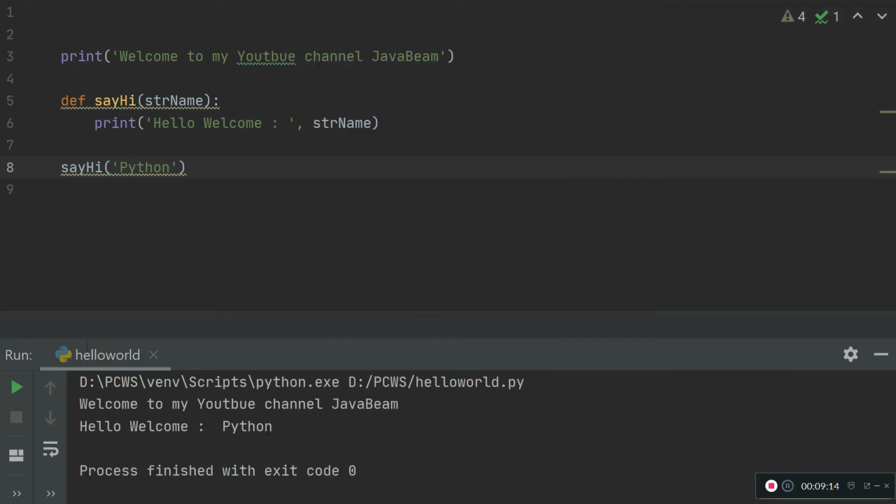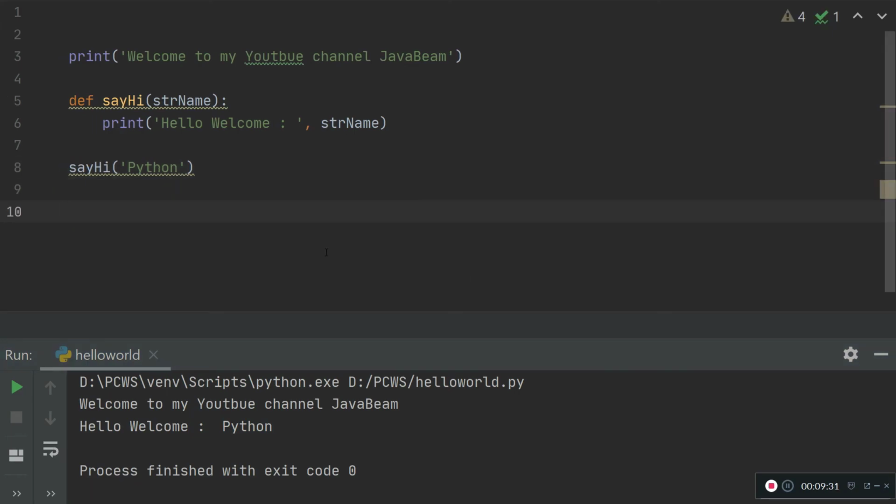Now we got two messages. One is from the top print, the other is from calling the say hi function, which is displaying the name, hello welcome Python. This is how we can use PyCharm IDE for your Python development.